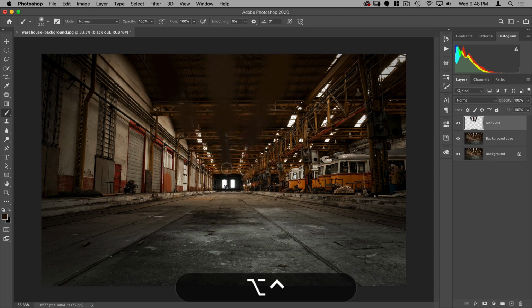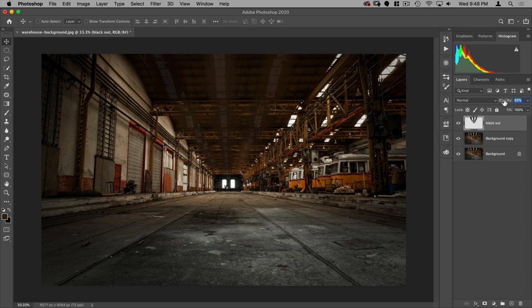And make a brush smaller here. And that should do the trick.